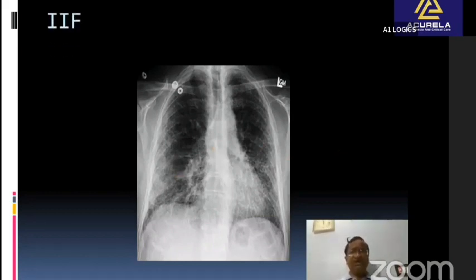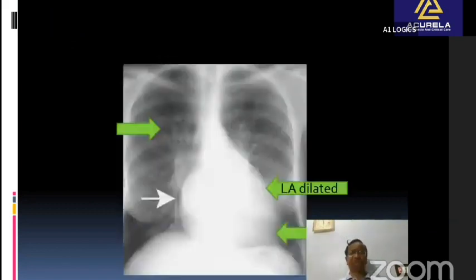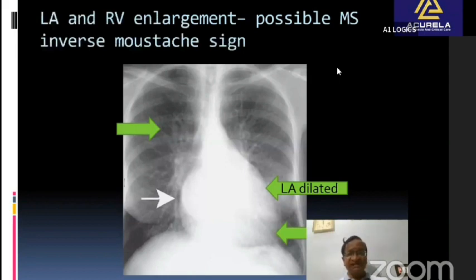What does it say? Yes, if this is associated, here you can see the LA is dilated, LV looks normal. You can see this. This is a pulmonary congestion sign. This is the inverse mustache sign. LA is dilated, LV comes down like this. LV is not dilated. There is a mild dilatation of the